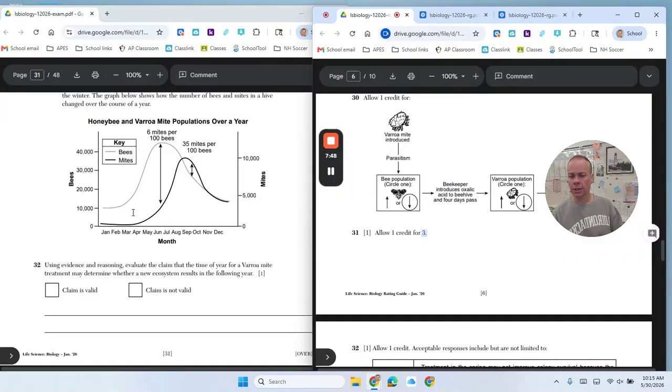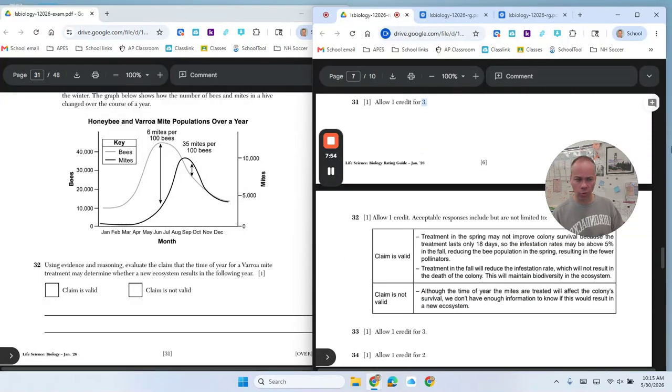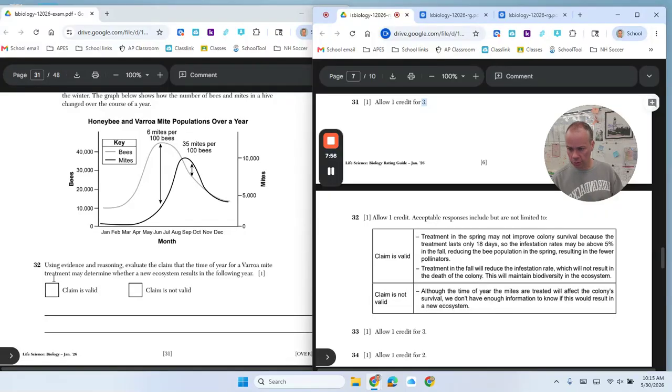To me, it seems like the claim is valid, but you can actually get credit if you said it's not valid, as long as you make sure that you use evidence and reasoning. So you would just check a box first of all. If you checked claim is valid, you need to provide evidence from the data and then the reasoning